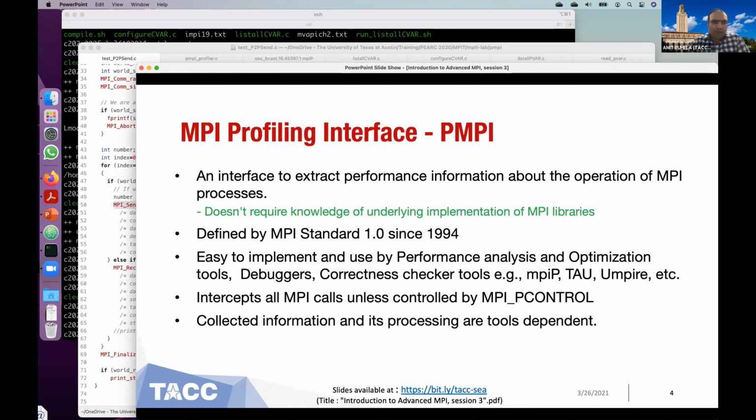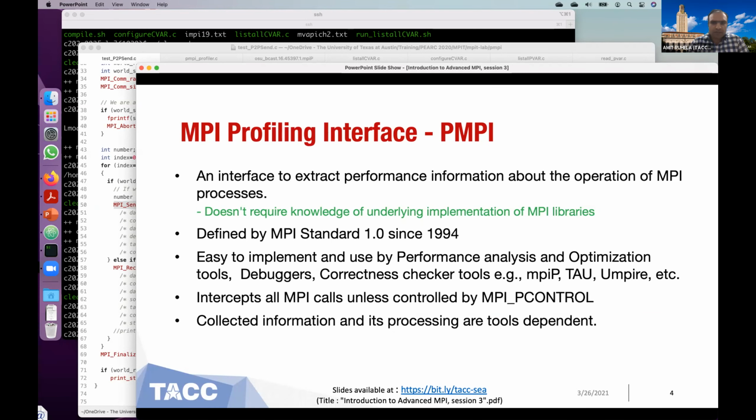It's a black box approach, which collects quite a lot of information, not detailed, but a lot of information can be generated from this PMPI interface. It's easy to implement and has been used by a variety of performance analysis and optimization tools, debuggers, and correctness checker tools. Some of you might know about mpiP.